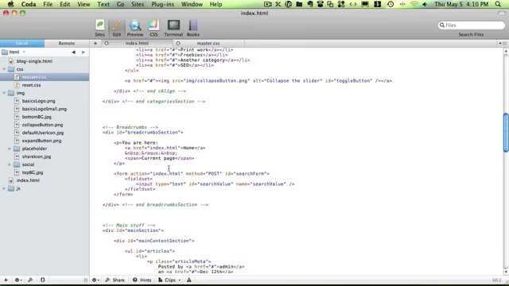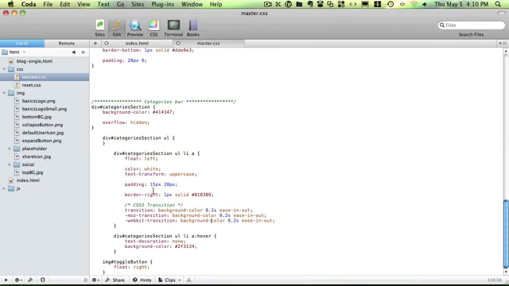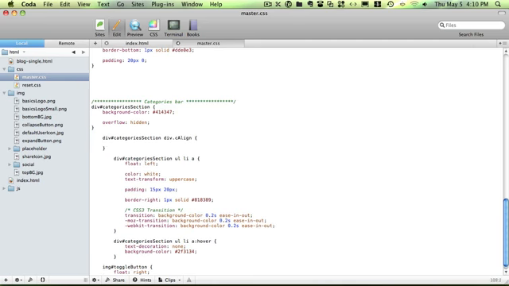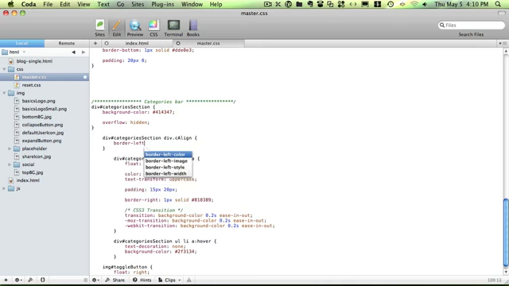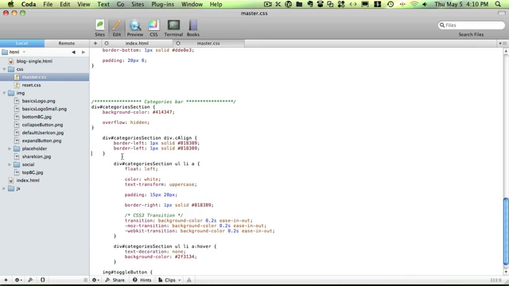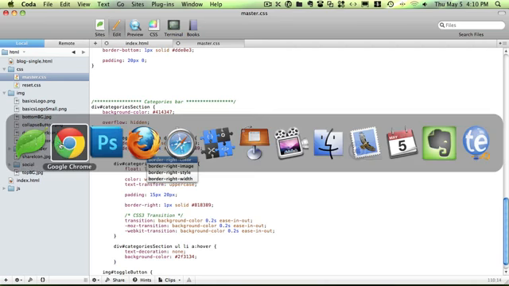So category section div CAlign, and that's the correct way to target it. So we're going to have border left 1 pixel solid. Copy this. Same goes for border right. Okay, so let's refresh,